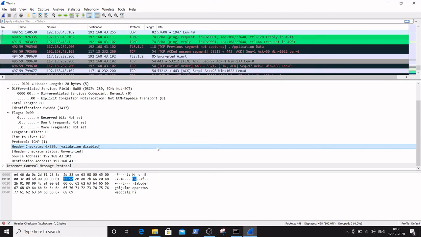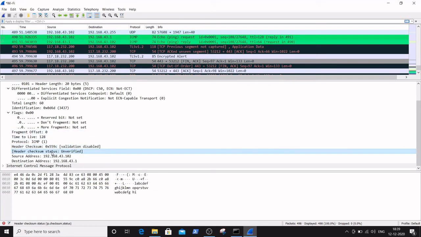So it ensures the correctness of the communication. It comprises 2 bytes of the total IP header. By selecting this, you can see it is highlighted in hexadecimal numbers, that is 559C, and the status of the header checksum is given as unverified.